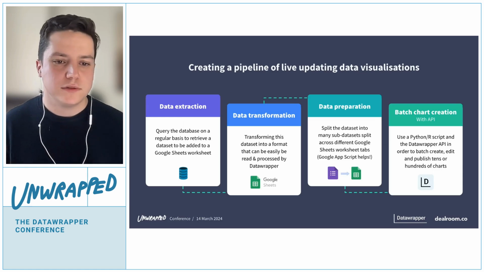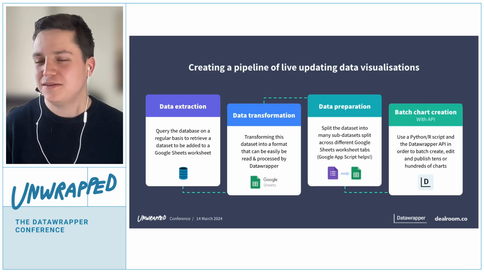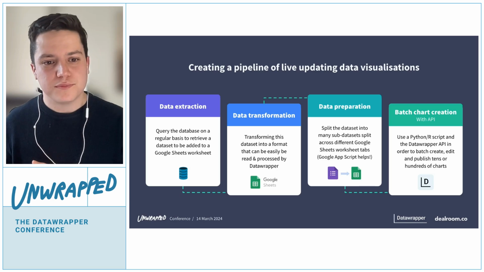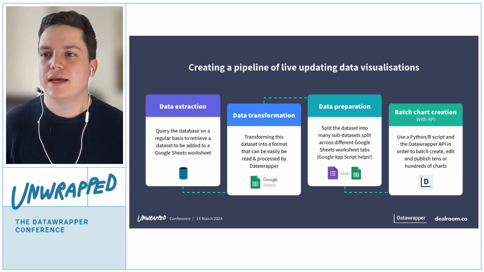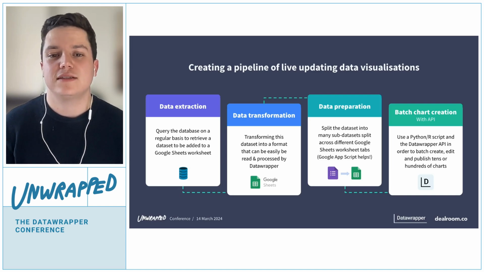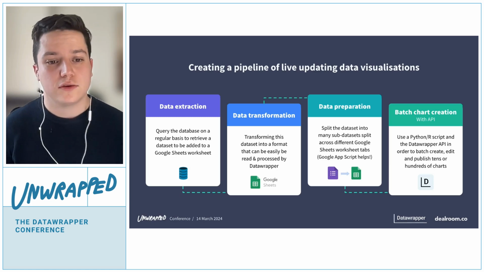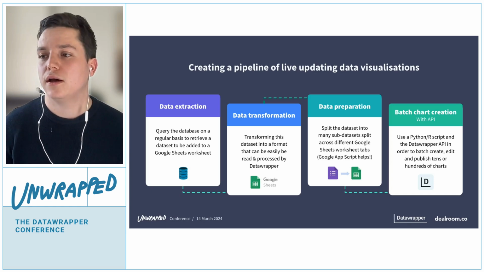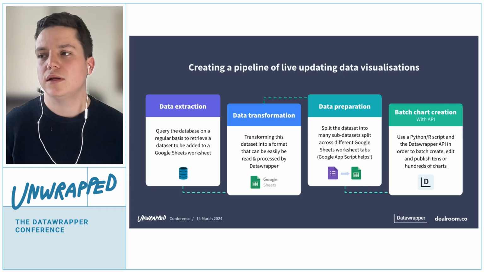Just at a very high level, I'm sure the API people later on will be able to give this in a bit more detail, but this is generally how one would make many charts from a database to Google Sheets using the API. From left to right, you want to query your database with one data set and build a connection between the database and the Google Sheets. Once you get the data into Google Sheets, just as you would for any other chart, you'd want to transform it so that it can be used properly in the chart without having to make the changes in the Check and Describe tab of Datawrapper.